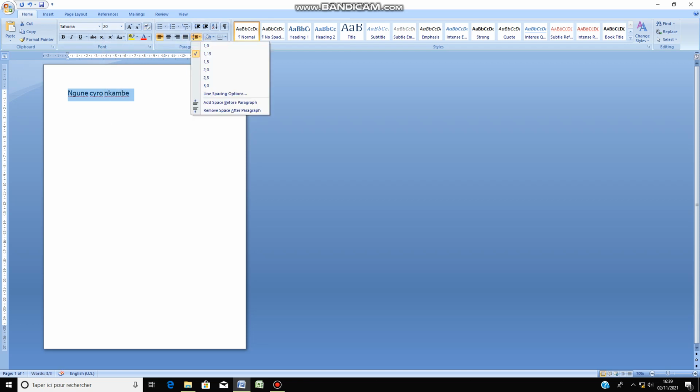Now the next thing is the line spacing. Still under your home ribbon, you have the paragraph group there. The paragraph group will help you with the paragraphing of your work. Maybe you want something to be on center alignment, left alignment, or justify, which I will always say is the best type of alignment. After that, the next thing that you do is to set the line spacing. Line spacing is standardly 1.5 in writing projects, especially for students and teachers. But when writing some books, depending on the number of pages, it may be set to 1.0, and you may remove spacing after paragraph and the rest.